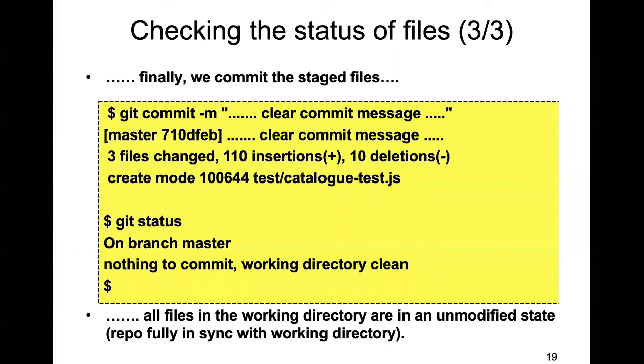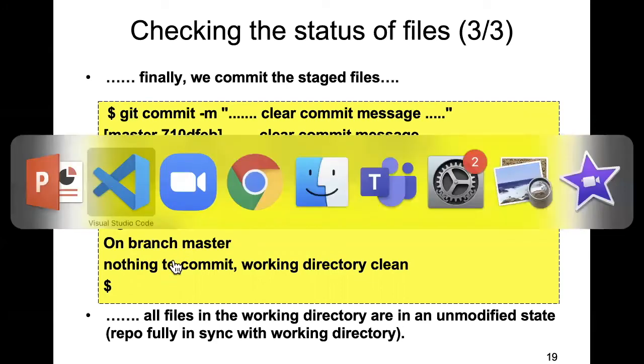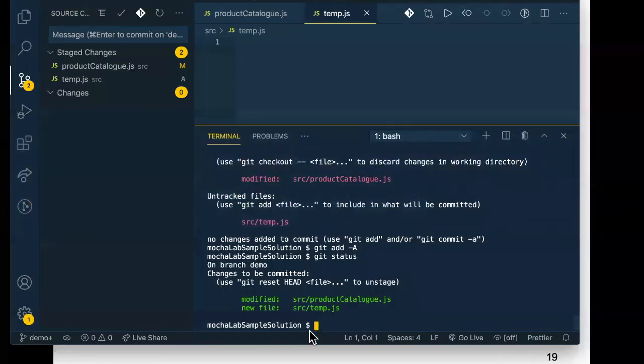And just to finish that scenario, so I've done the git add -a and then I've done a git commit. And now when I type git status, this is the kind of response that you'll get back. It's telling you essentially that you've nothing to commit. Your Git repository and your working directory are completely in sync. Let's finish that scenario here. So if I do a git commit now,